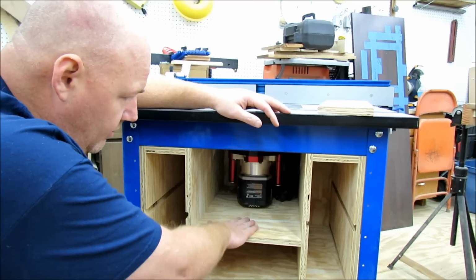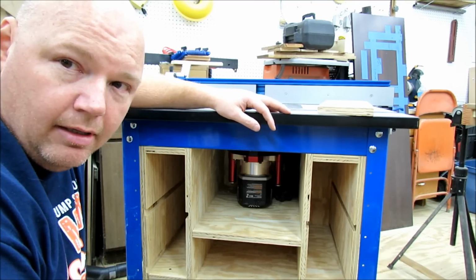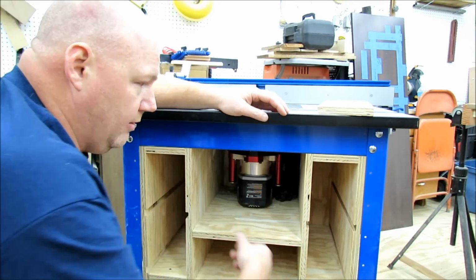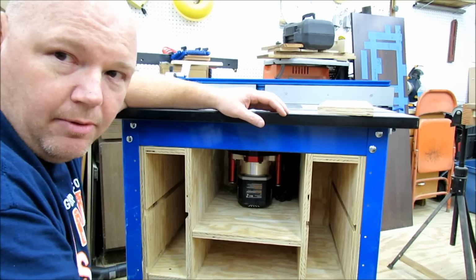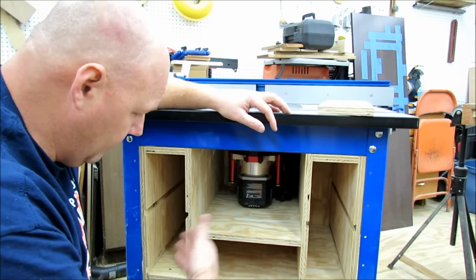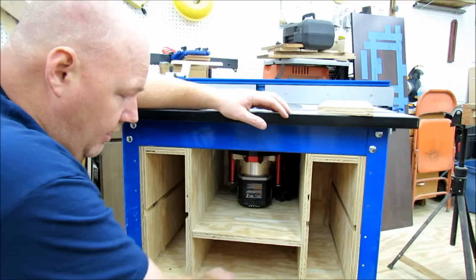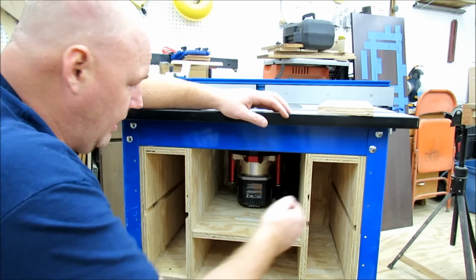Got the cabinet with the router in there right now. I can easily, at the lowest setting, change the speed dial. I'm going to have an outside switch for turning it on and off. So next I've just got to build the drawers, and I think I'm going to put a drawer here and then have that door